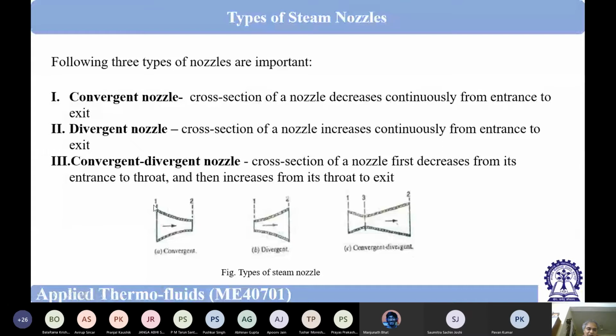Initially, this is the stagnation condition, and this valve is closed, so there will not be any flow. If there is no flow, then if this is P0 over here, stagnation pressure P0, here also it will be P0. That means this is what we call back pressure. Back pressure will also be P0. So the ratio PB by P0 is equal to 1. Then we start opening the valve, and flow takes place.